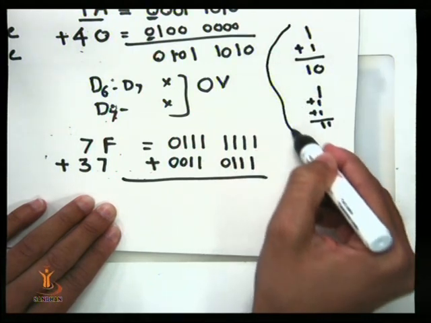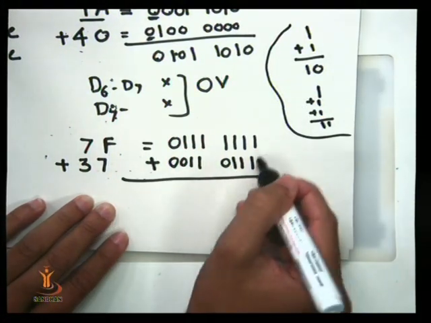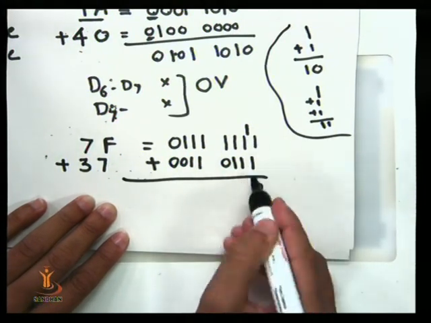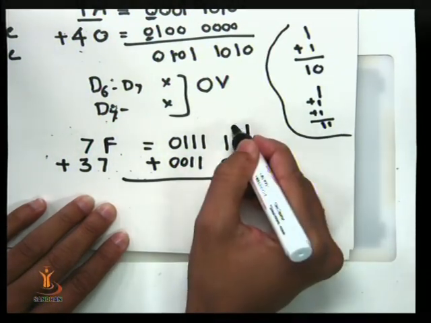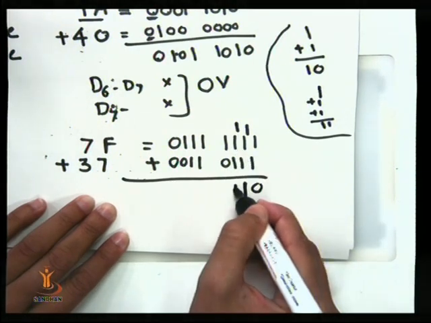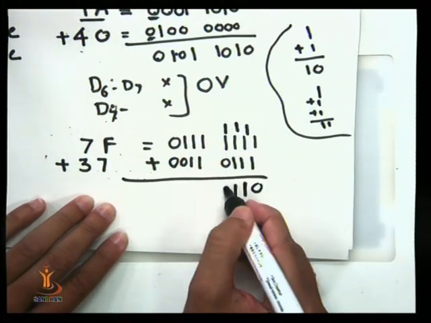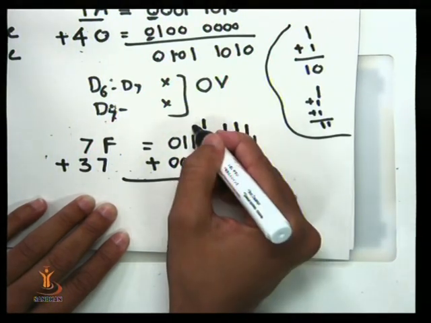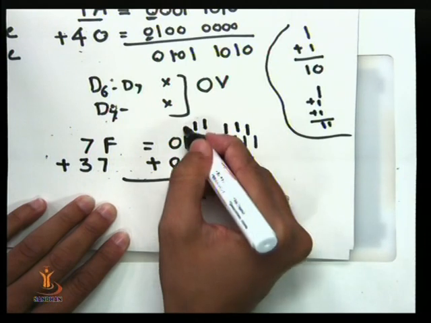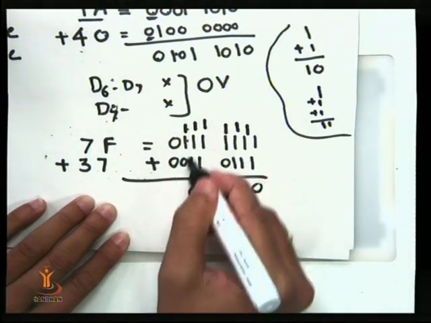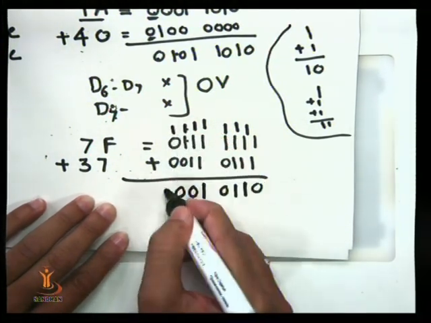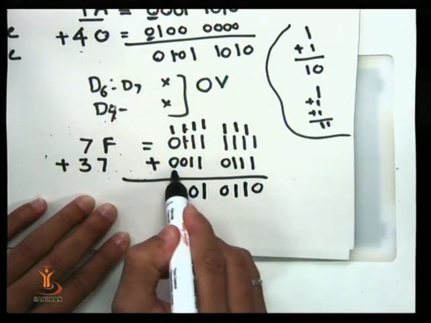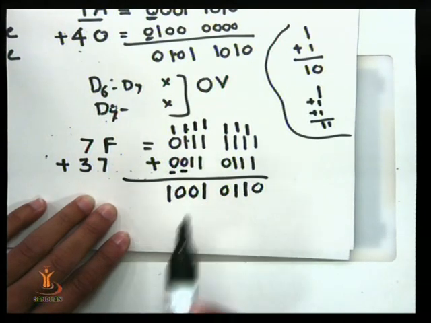So by keeping this in mind, we will start our addition. 1 plus 1 will give you 0, 1 carry. As I told you, I am getting 3 times 1. So let me write, suppose 11, 1 carry is 11, 1 carry, 1 1 is 0, again 1 carry, 3 times 1 means 11, 1 carry is 0, 1 carry, 1 plus 1, 0, 1 carry and 1. Here I want to say this is my D7 bit and this is my D6 bit.